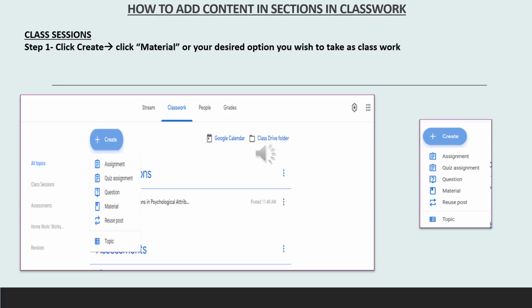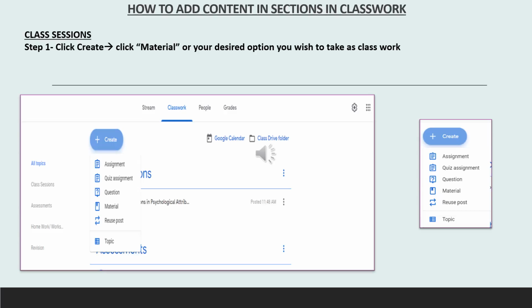To upload the content inside the sections that you have created, the procedure is exactly the same. We will have to come on classwork, then click create, that you can see in front of you. Then the type of content that you upload in whatever section depends upon that. Like in class sessions, I would upload material, so I would choose material over there.